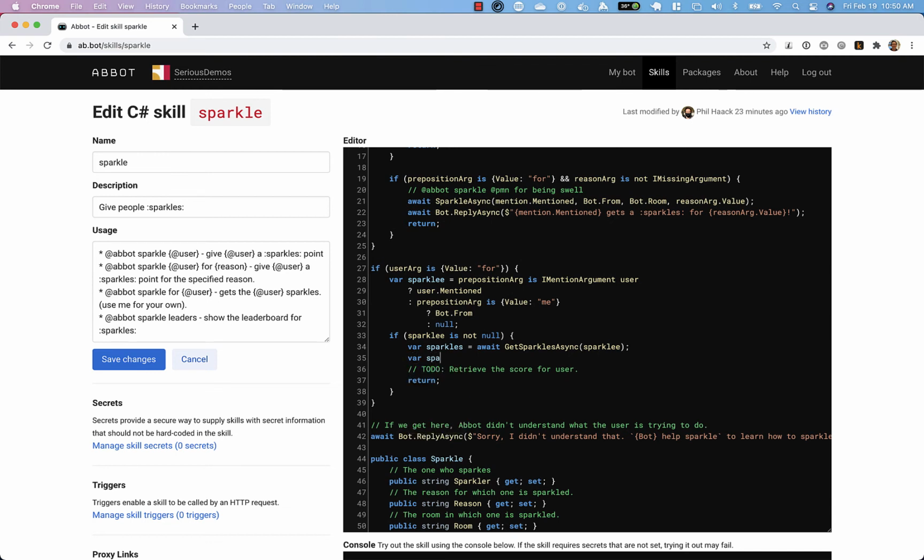So we can say var sparkle list equals sparkles dot select. We'll just pass in format sparkle. And then there's this helper method that we provide to markdown list. So it's going to format that as a markdown list, and then we can just await bot.reply async, and we'll